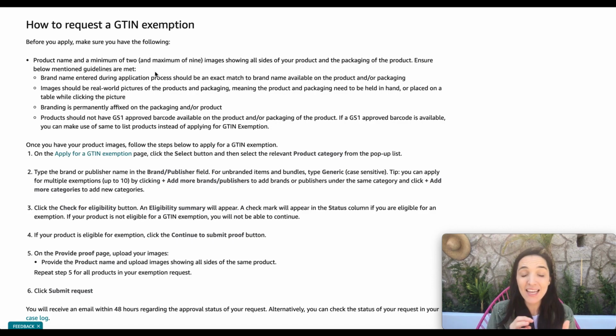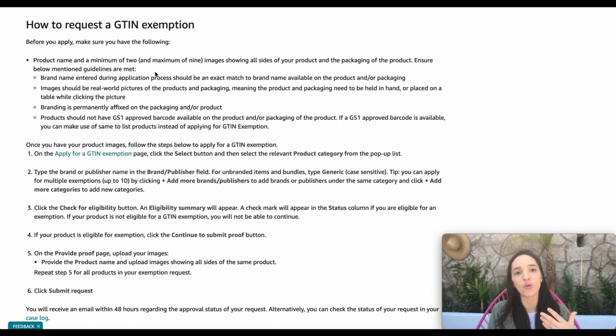Also, the brand needs to be on the product itself or on the package, like engraved on it, like printed. A lot of people have asked if they can use just a label, like a sticker label, and I actually did hear of a lot of people who have been approved just with a label on the product packaging, but they have gone to lengths to make that label very professional looking. So having the brand name very well printed, maybe some design on that sticker, and really well placed on the product packaging as well,